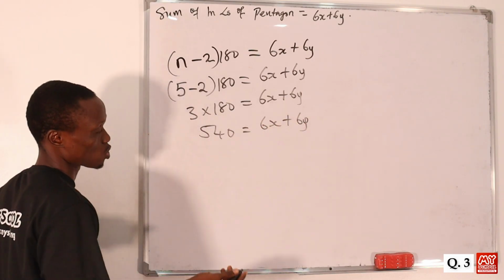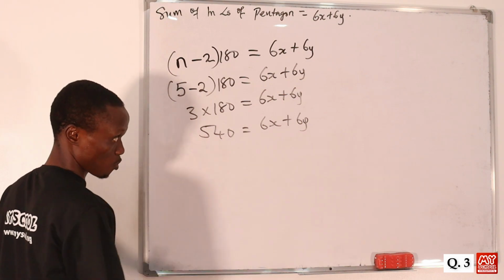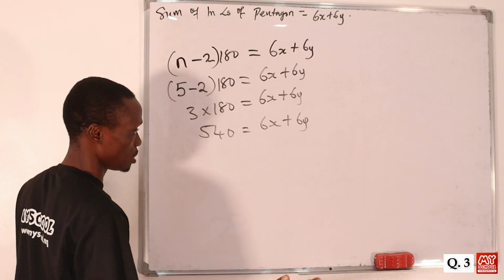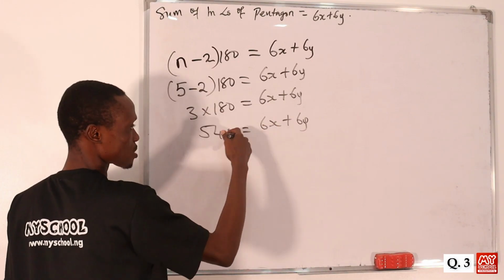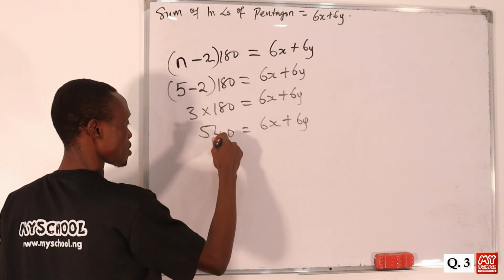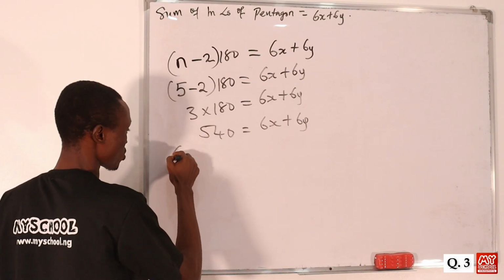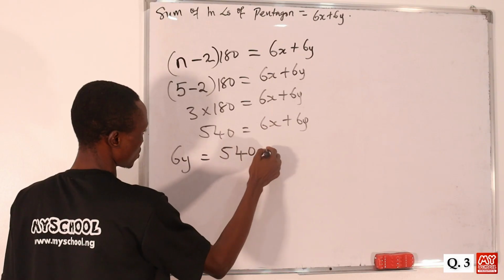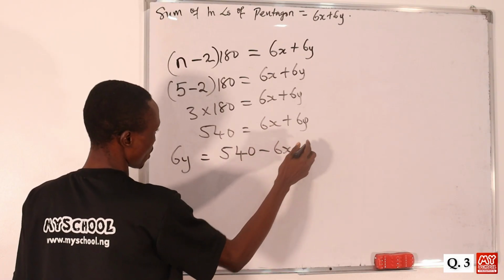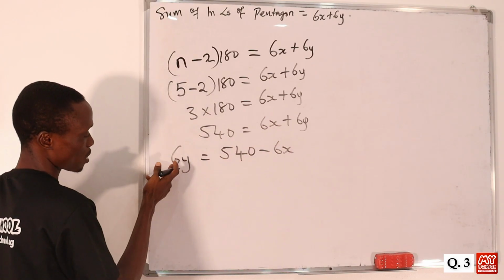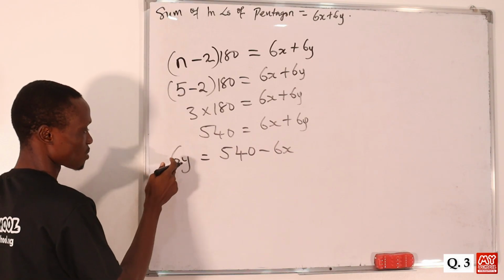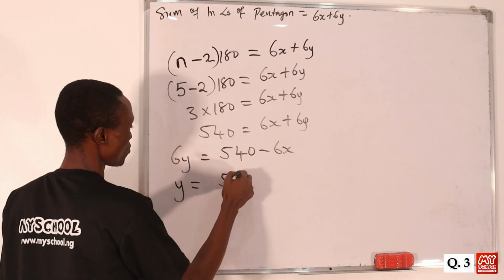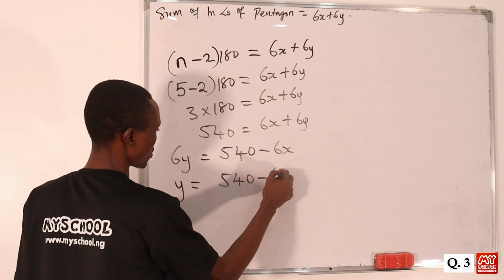But remember, in this question, we are asked to make y the subject of the formula. That is what "solve, find y in terms of x" means. So here we just move 6x to this side. If we move 6x to this side of the equation, we have 6y equals 540 minus 6x. So we divide both sides by the coefficient of y, which is 6 in this case, so that y equals 540 minus 6x